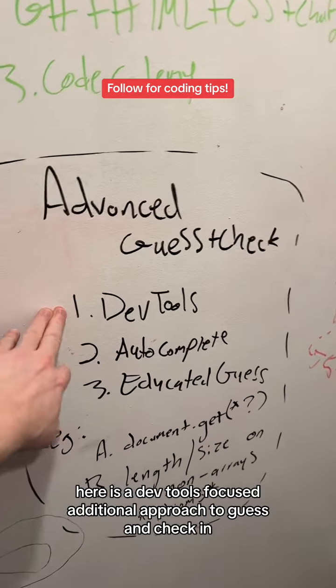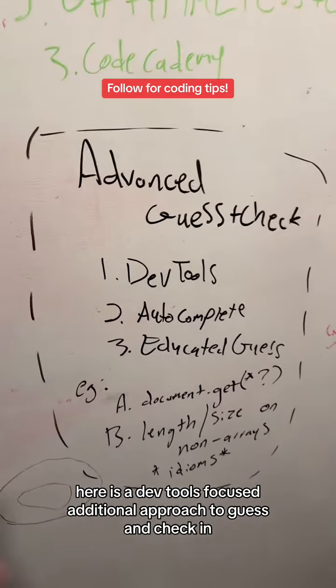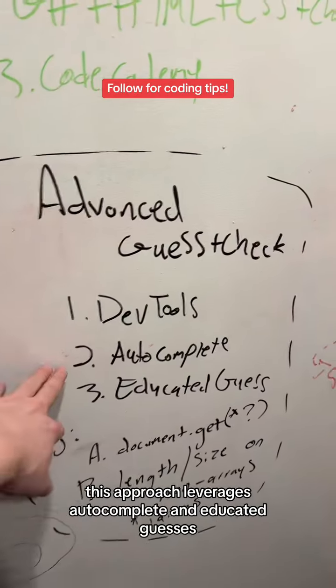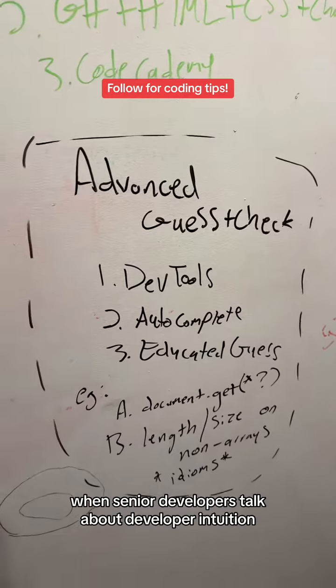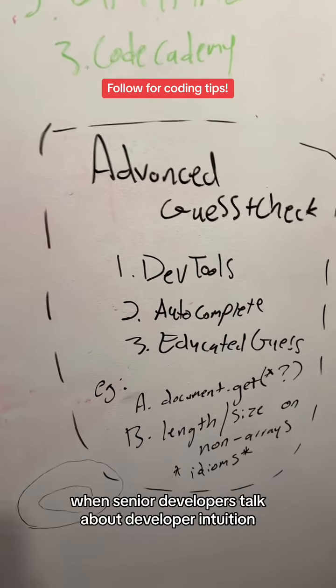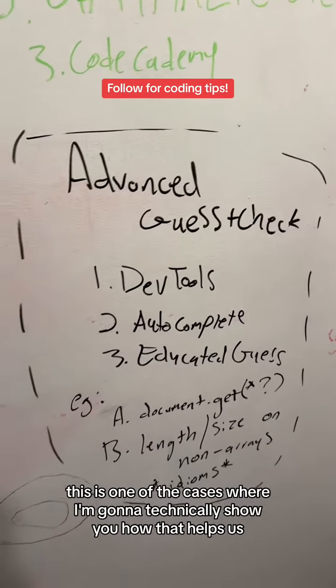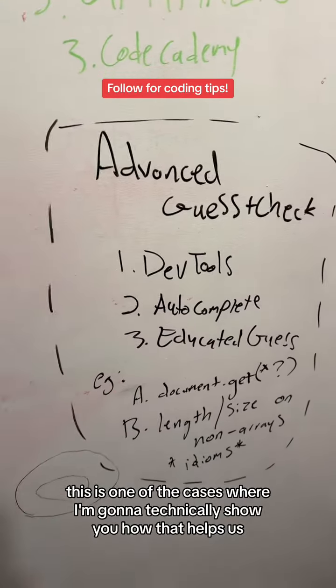Here is a dev tools focused additional approach to guess and check. This approach leverages autocomplete and educated guesses, or developer intuition. When senior developers talk about developer intuition, this is one of the cases where I'm going to technically show you how that helps us. I'm going to talk about dev tools, but this will also work if your IDE has autocomplete features. And the way it works is you just start writing what you think might be the correct function